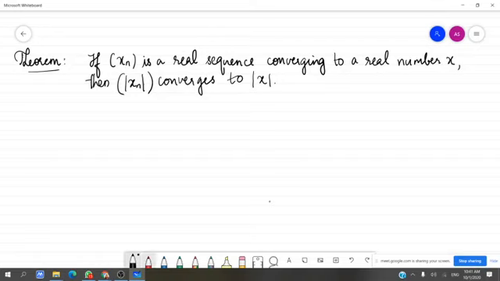Or you can rewrite this as: if xn converges to x, then this will imply mod xn also converges to mod x. Okay, this is the theorem. In other words, I can write